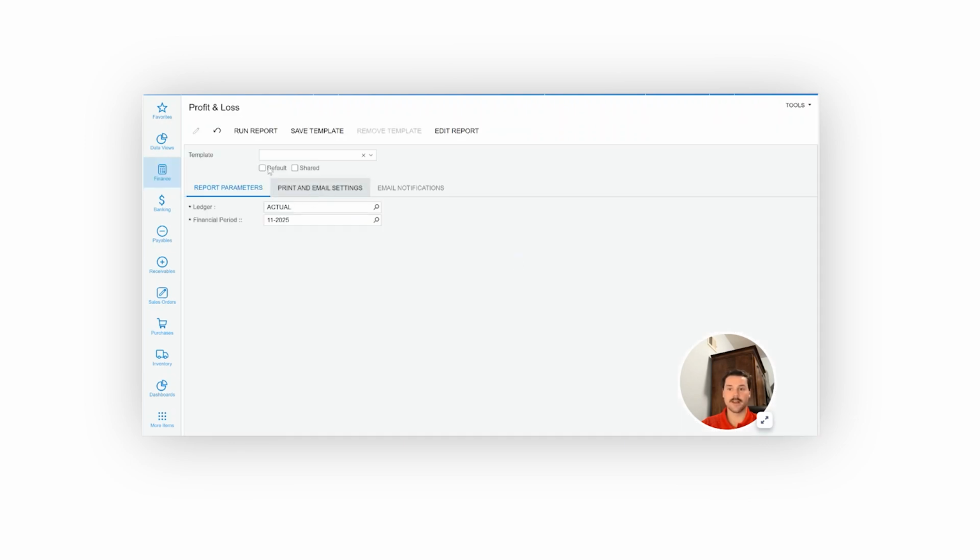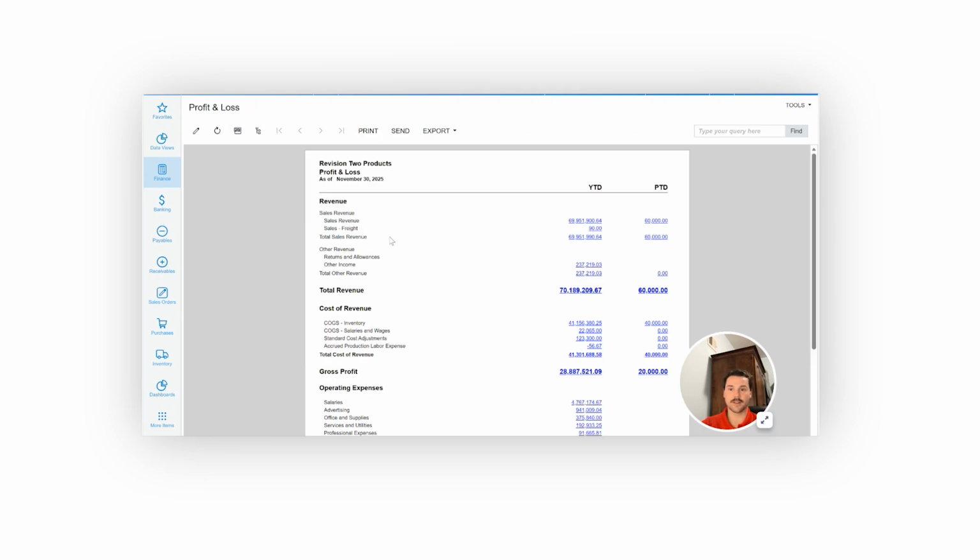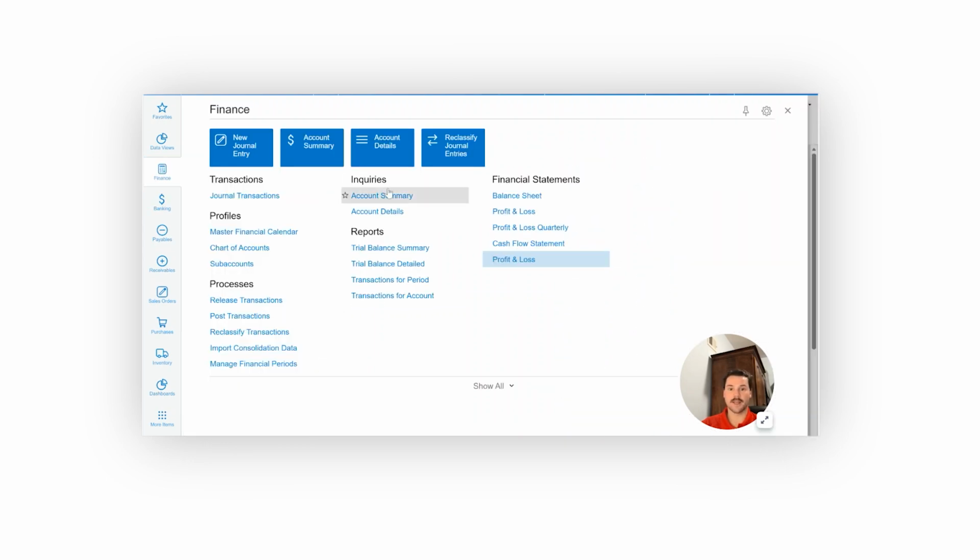And then we have the profit and loss right here. And should you want to run this, you could click Run Report, and this would show you the particular profit and loss for the specific period that you're working with. So all of those are stored in this finance workspace right here